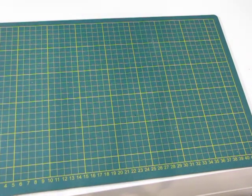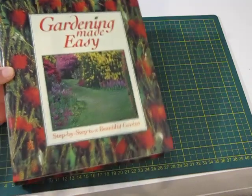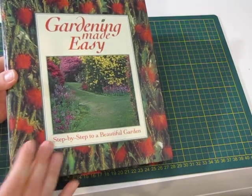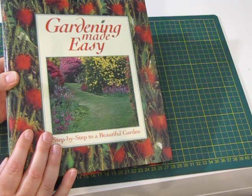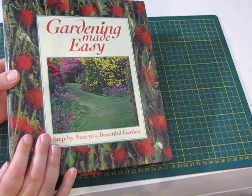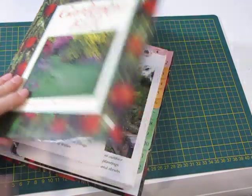So that was it for what I got out of the recycling bin, and then I was good. I only bought 2 things. So firstly, I bought this Gardening Made Easy folder. I did not need to buy it. I have 2 of them already, but I did go to put it on the shelf in the shop, and there were 2 or 3 already on the shelf. And so I thought, why not just grab it, because the cards in this are really, really cool, I reckon,